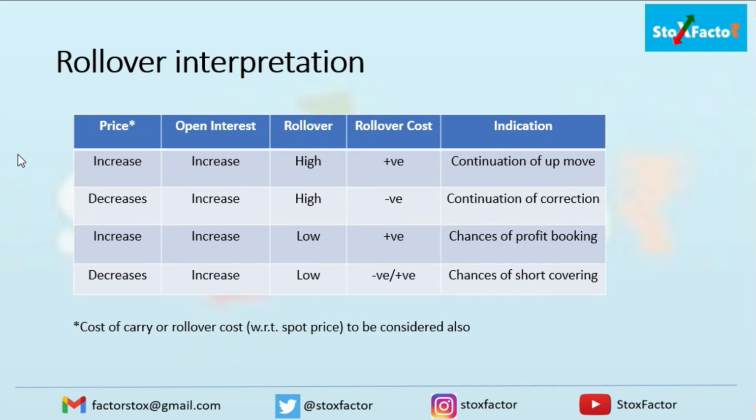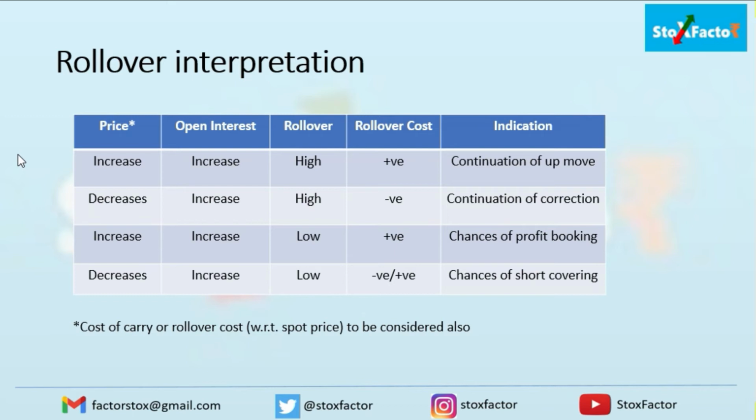So what generally you do is you compare the rollover percentage of the current month with the average of the previous 3 months. We'll discuss this in the dashboard also, and show how you can do that. Basically, you compare the percentage with the previous 3 months average, and then you identify that the rollover is low.